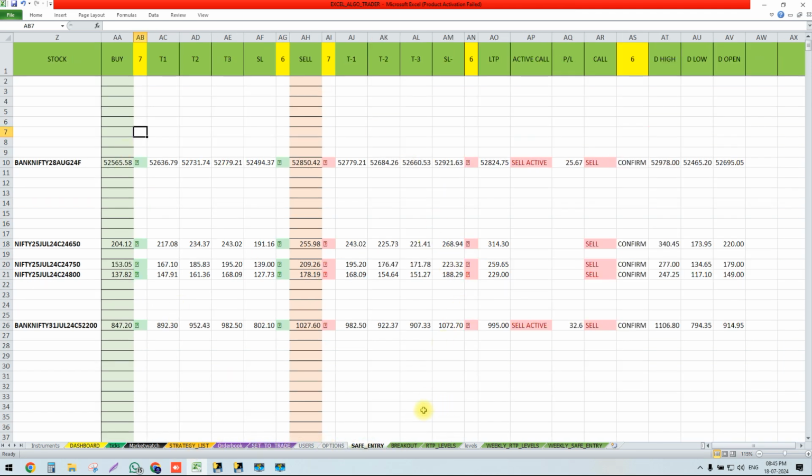This is how our breakout strategy and safe entry strategy work. And today I hope you got to know a few points about the breakout strategy and mostly the safe entry strategy also. Have a little confidence to use safe entries also. It's quite good. Sometimes breakout strategy is much better, I think. This is how our safe entry strategy or breakout strategy works.